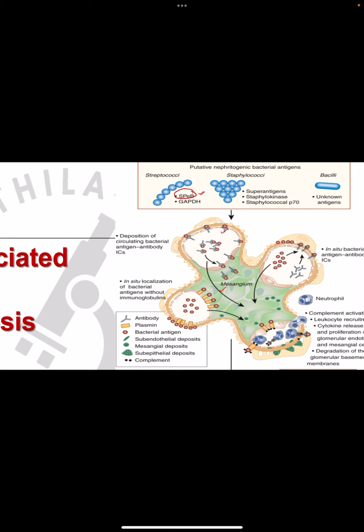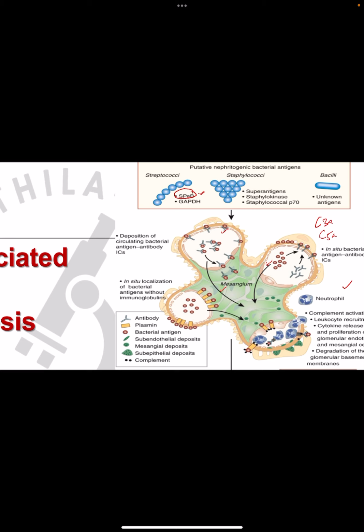When there is activation of the complement system, then there is formation of C3a, C5a. So these are the anaphylotoxins, and they will cause the chemotaxis of the inflammatory cells like neutrophils and monocytes. And these monocytes, neutrophils will get recruited in this region of glomeruli. And also there will be release of various cytokines, and all these will cause the damage to the glomerular basement membrane and also the podocytes.